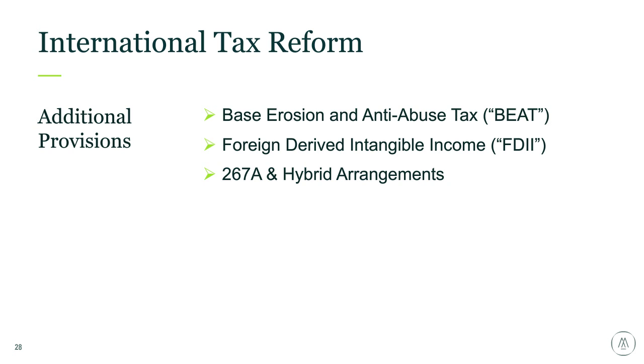Some other changes that came into play: there used to be an exception if assets were transferred outside of the U.S. and those assets were used in an active trade or business. That was non-taxable. There were some foreign tax credit changes regarding foreign branches, and we're also looking at and otherwise anticipating additional guidance coming out under GILTI, FDII, previously taxed income, and basis in CFCs, as well as the election for individuals to be taxed as a corporation. And with that, I'll turn it back over to Emily for the last polling question.